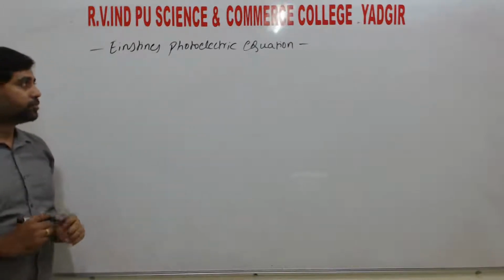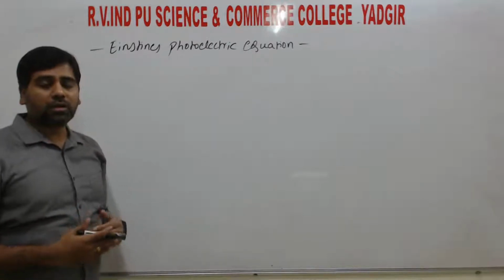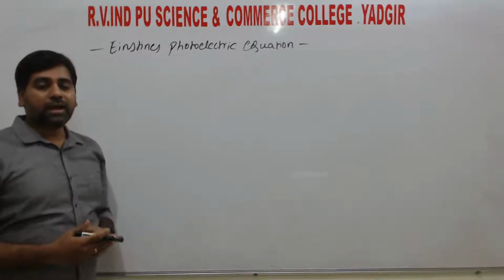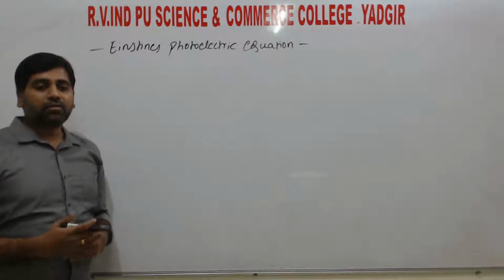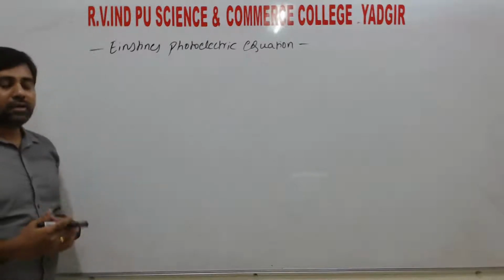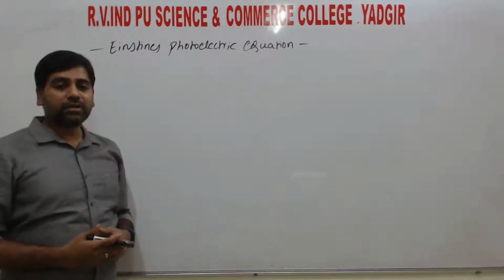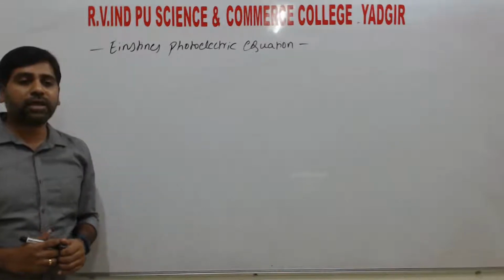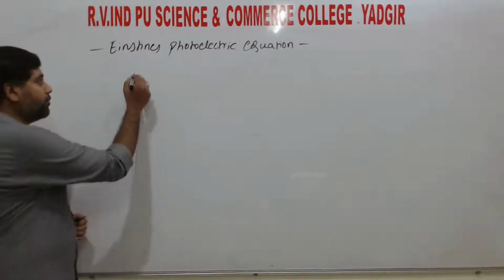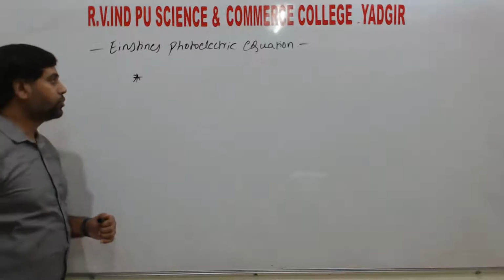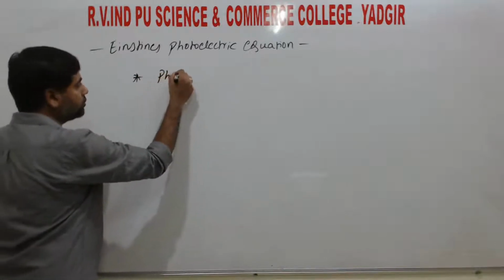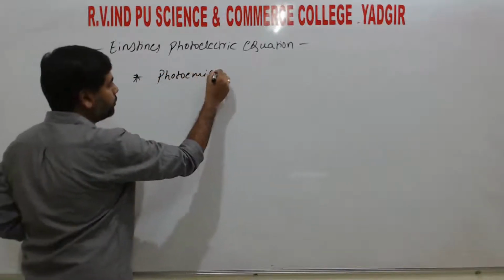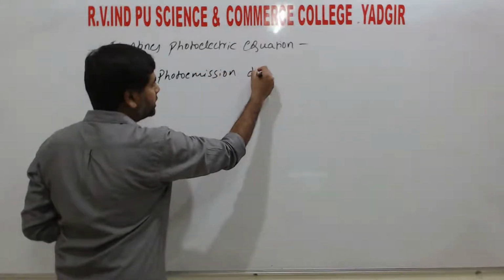He considered the light that falls onto the metal surface and the energy absorbed by the electrons, that is photoemission, which does not take place continuously by absorbing the energy of the radiation. So the first point is that photoemission does not take place